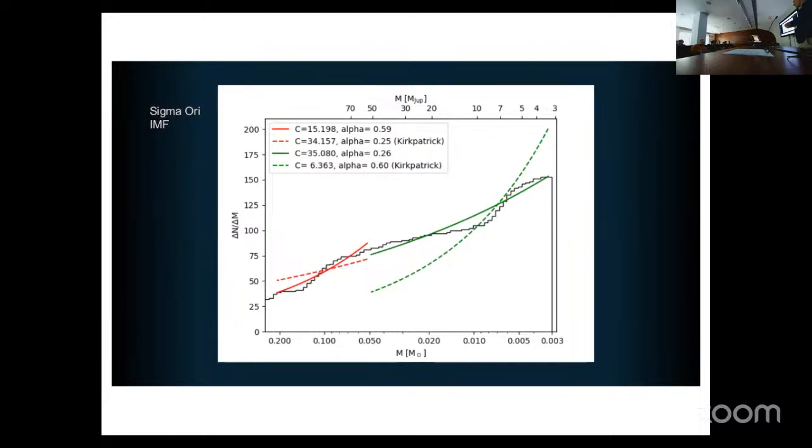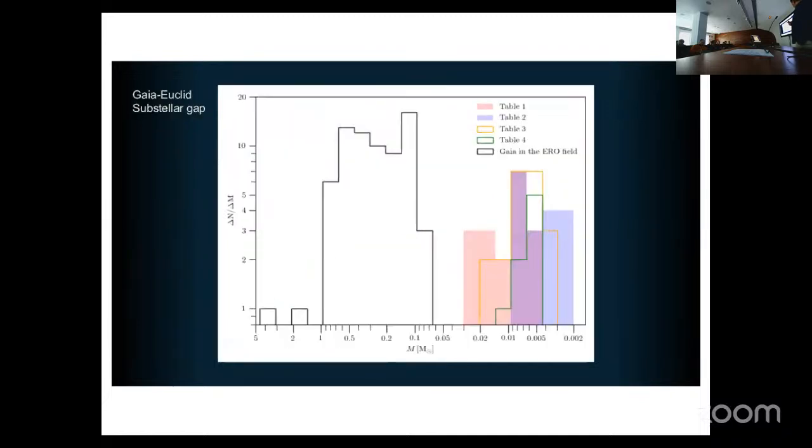We see that the shape, when we compare, doing these fits to the data, with the solar vicinity, the agreement is not so good, but still there are a lot of uncertainties in how you do this. So this is a lot of work in progress. But today I want to tell you about a new thing that we have